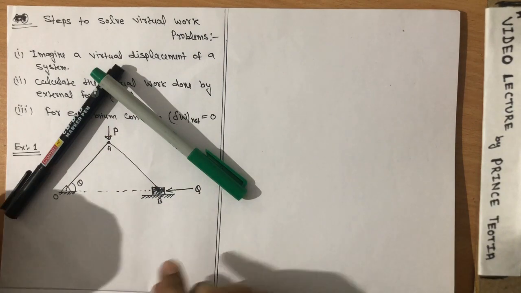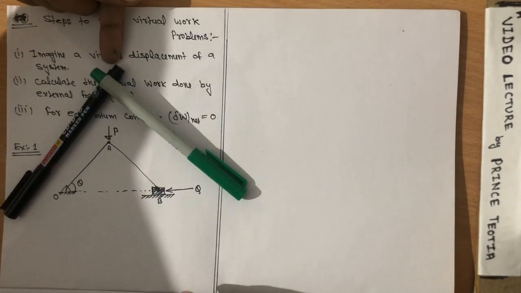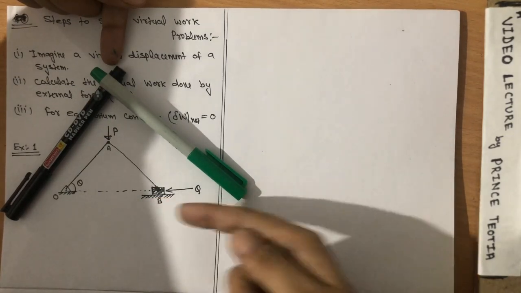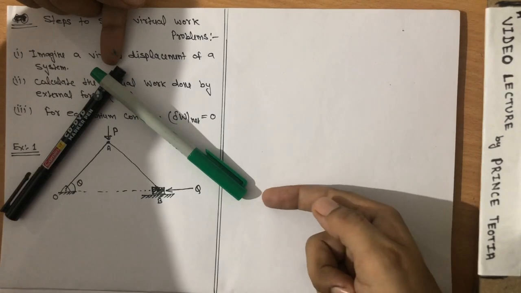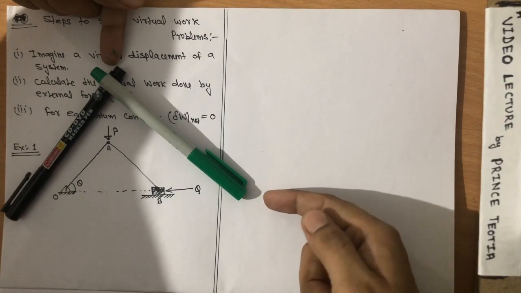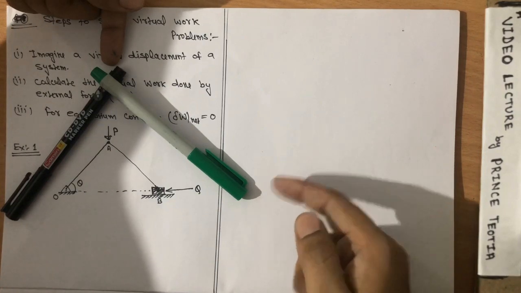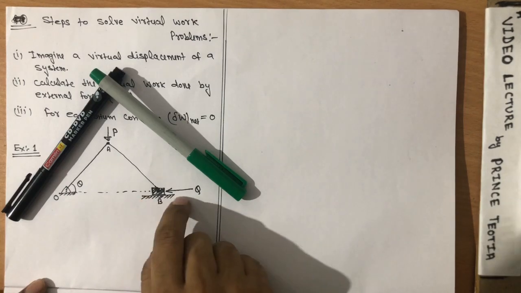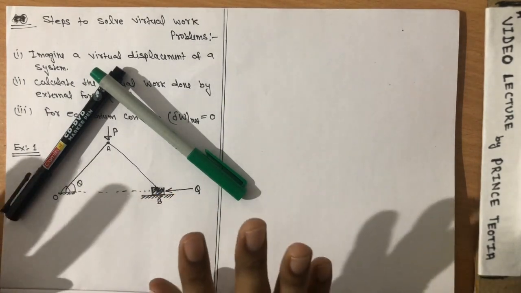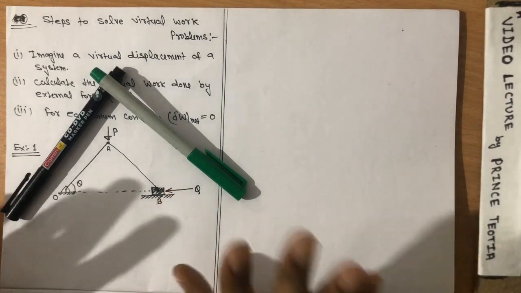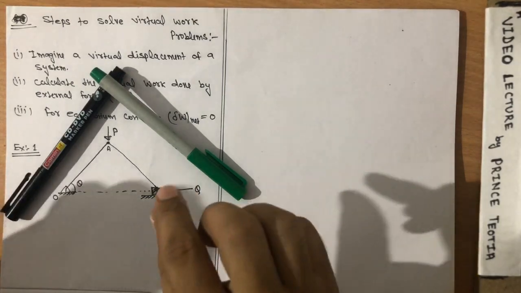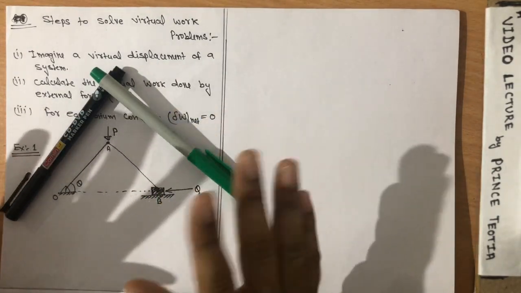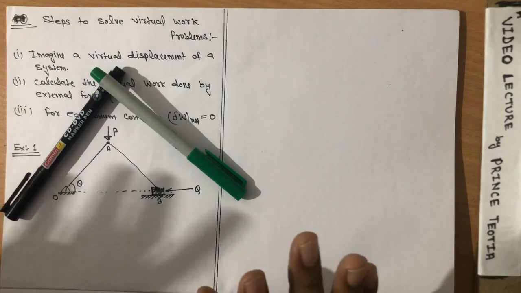So these are the two links. One force, P, is applied at the top, and one force, suppose Q, is applied at the slider. By these two forces the system is in equilibrium. The friction between the slider and the surface is not given, which means we assume this is a smooth plane, so there is no friction. And the weight of these links or bars is not considered, meaning we treat them as weightless, massless.